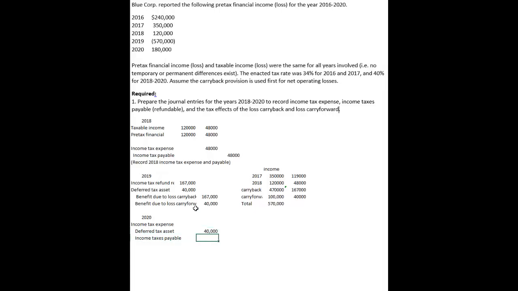My income taxes payable, the amount I owe the IRS, would be calculated from $180,000, this amount right here. Well, you could do it two ways, so let me just show you this way. Instead of paying tax on the $180,000, we get to remove $100,000 of that taxable income because of the carry forward. So we're only going to pay tax on $80,000. So 80,000 times the tax rate, which is 40%. We owe the IRS 32 grand. That's the amount we're going to write the check for